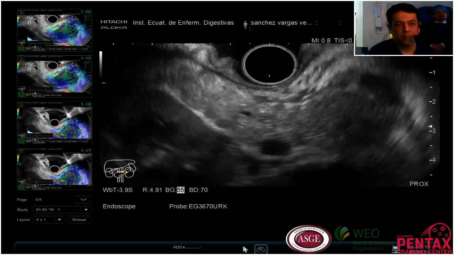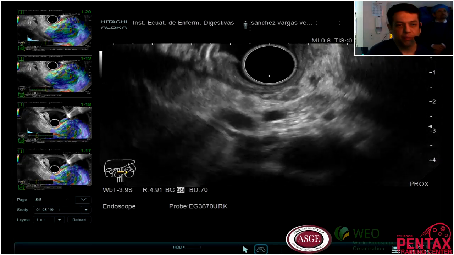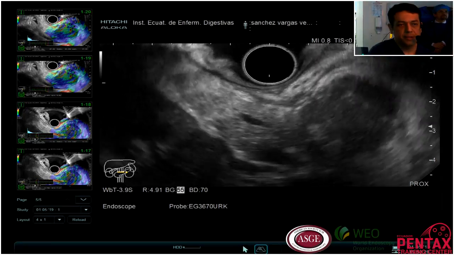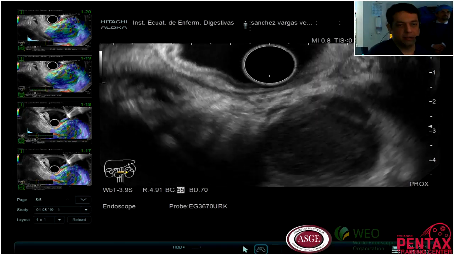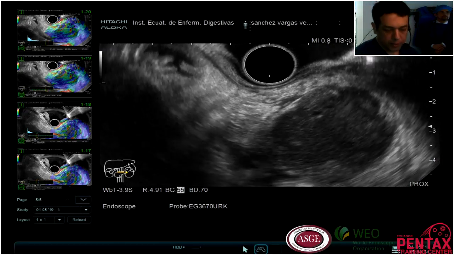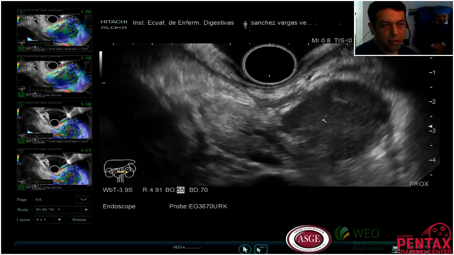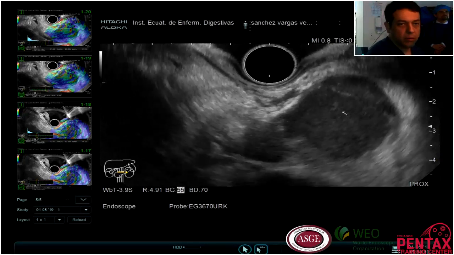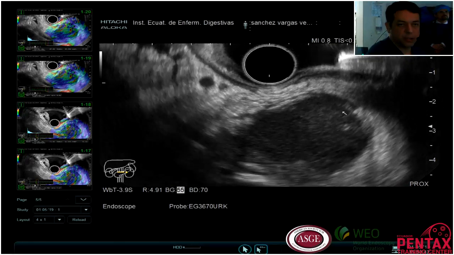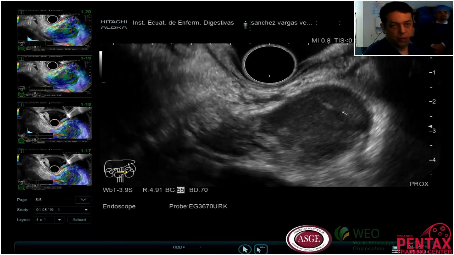I am at the level of the body of the pancreas, and I can see this area that could be a mass or could be a fluid collection. We really don't know. We need to evaluate very well first.